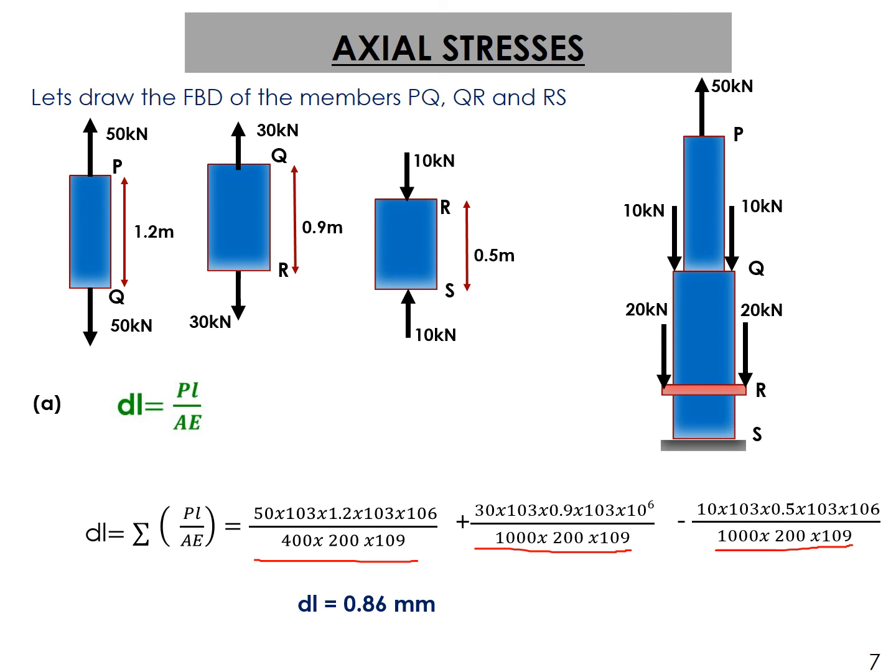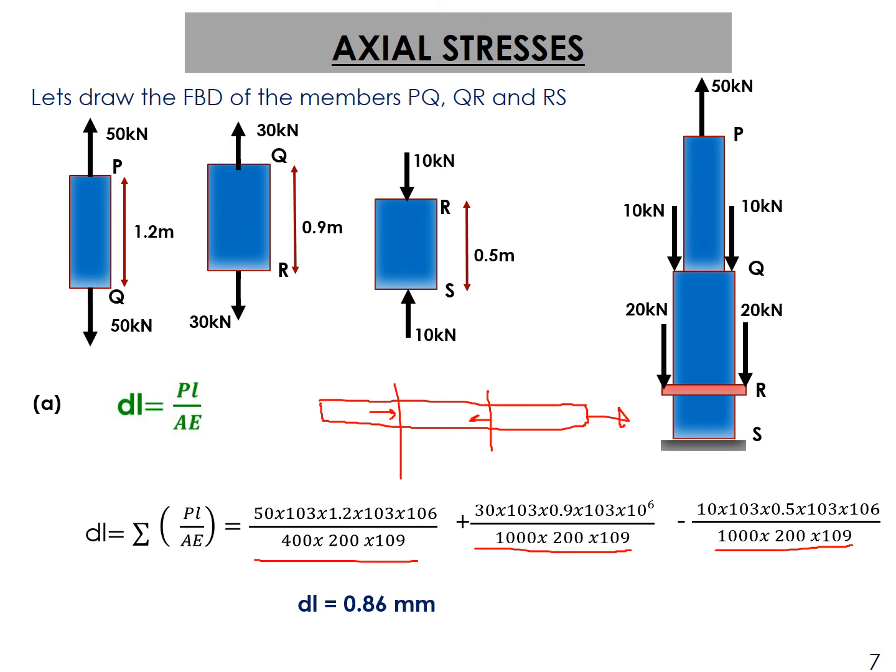At times you may get a bar of uniform cross section, as I'm trying to show you here. This is a bar with a uniform cross section, and at different junctions there might be different loading conditions. Some load acting here, some load acting this way. In this case, the cross section and area are uniform, no doubt, but there is a variation in the loading at the different points.